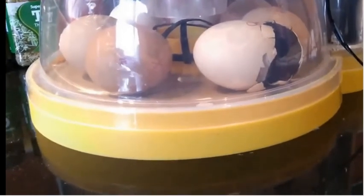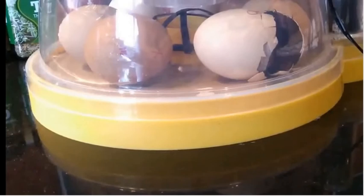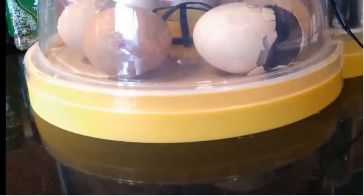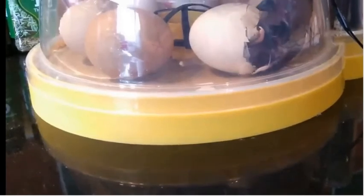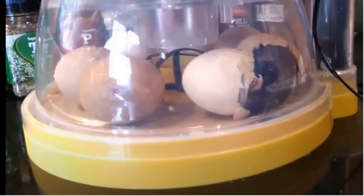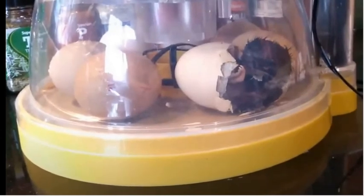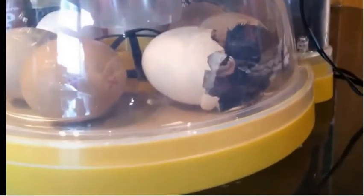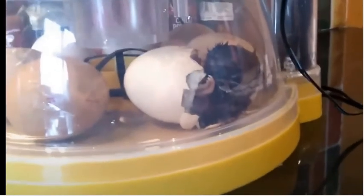It's making its way, pushing against the shell. And in no time at all, look at that. Look, hear the chirp. Look at that, a black chick. You see the beak and the feathers